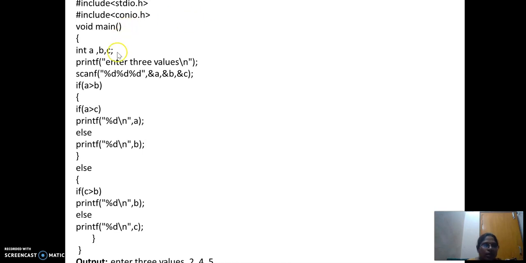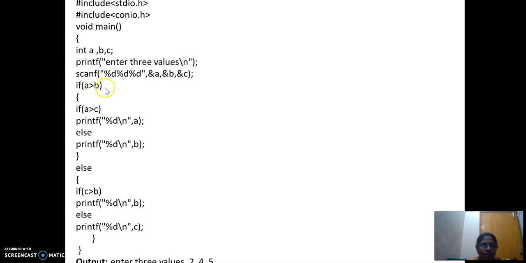And see here, this is the example where I want to find out the largest of 3 numbers. So here I am reading 3 values A, B, C. I'll check first whether A is greater than B or not. If A is greater than B, then I have to check whether A is also greater than C or not.